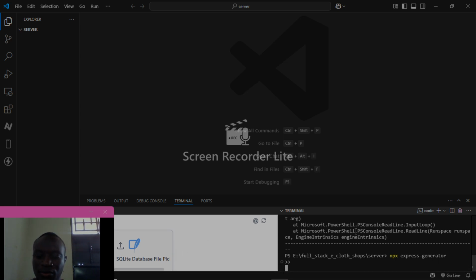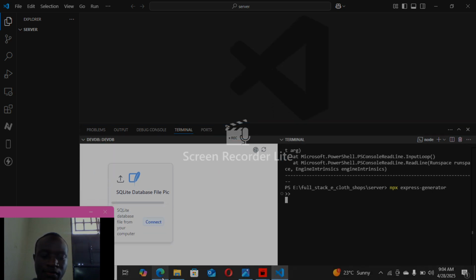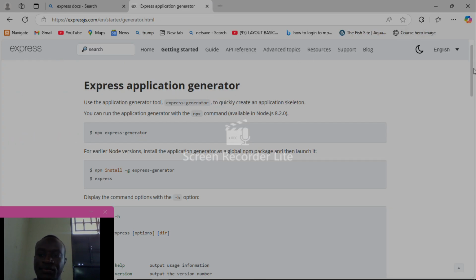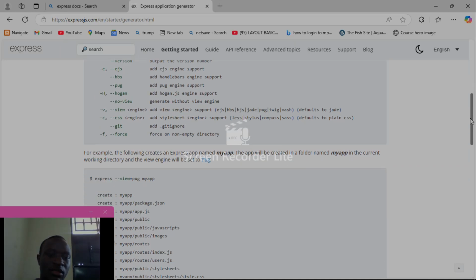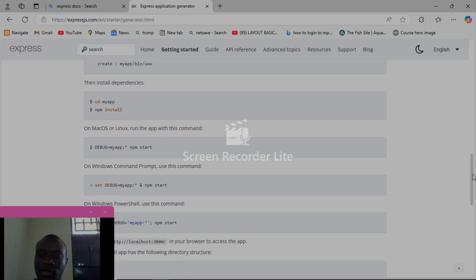As we wait for the installation process, I'm going to explain something. If you go through the docs of Express generator here, this is what is happening, or this was happening according to the